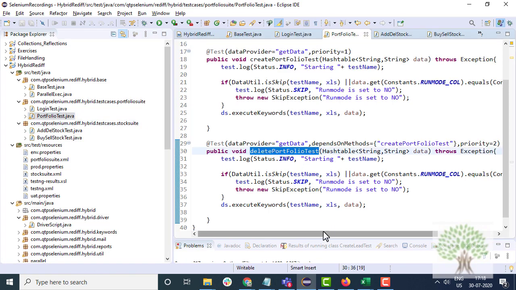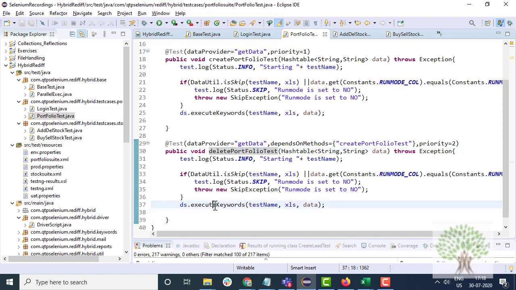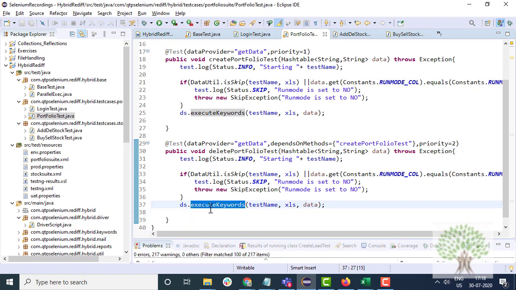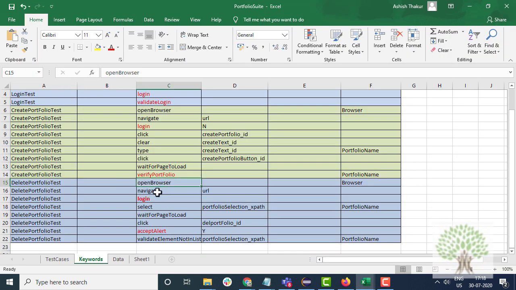This is my delete portfolio test as a TestNG test case. Over here, when this particular test case starts, it will start executing the keywords for itself. It will read the data from the Excel file. It will read one cell at a time. If the keyword is open browser, it will open the browser. If the keyword is navigate, it will navigate corresponding to this URL.